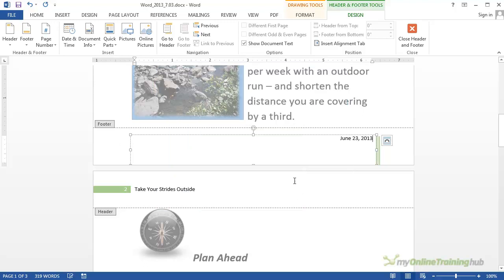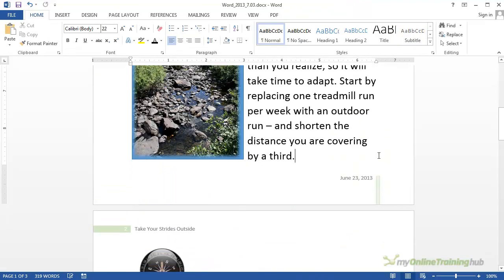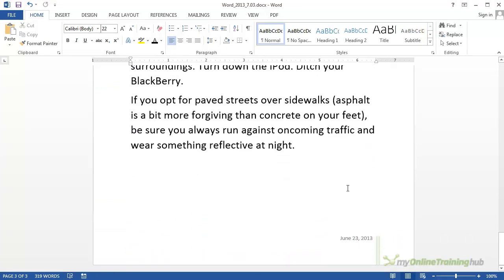and I'll click OK. So what that does is every time I open this document and I'm getting ready to print it or send it to anybody, it updates that date automatically. So I'm going to close the header and the footer. Let's scroll down, and there it is on every page. So if I close this, I open it up tomorrow, it'll replace that with the next day's date